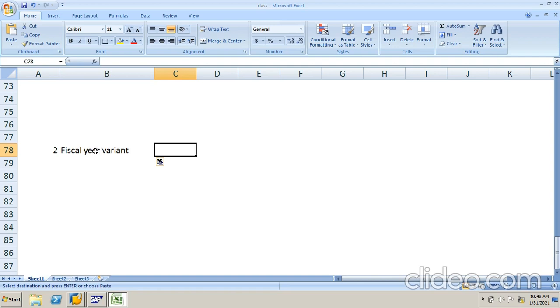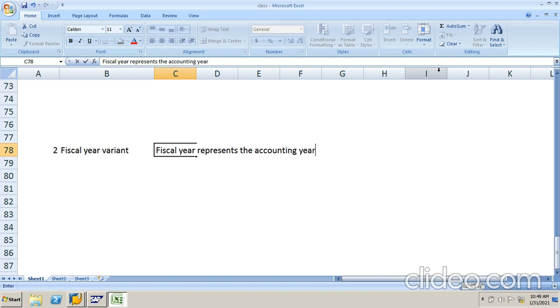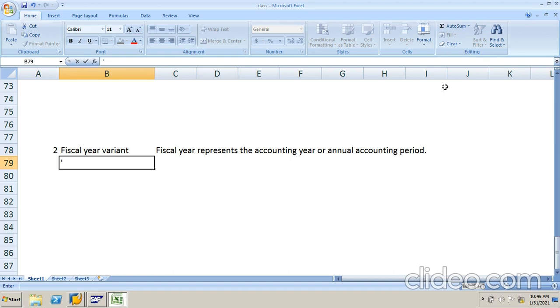Fiscal year represents the accounting year, or else it represents the annual accounting period.